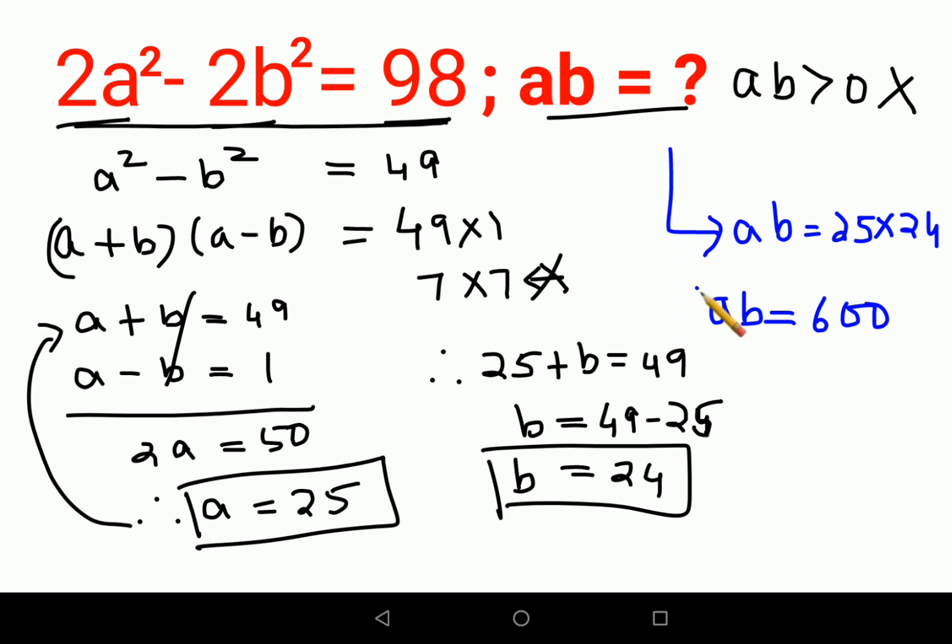So you saw how easily you could solve this problem. See students, sometimes looking at the question things become difficult, but just try taking small steps. One step at a time, you will be able to solve this kind of questions